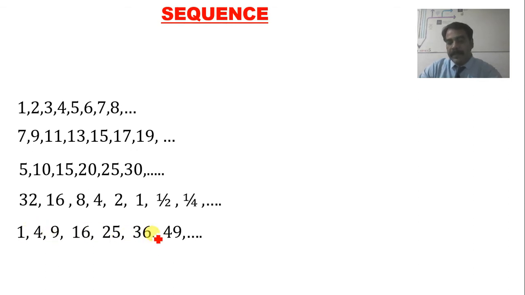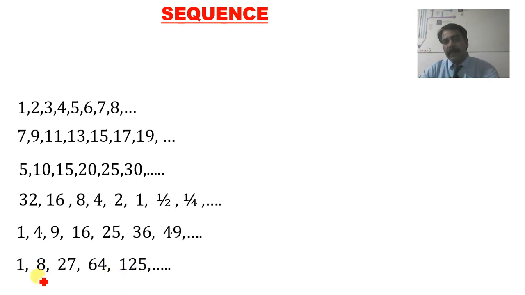of natural numbers. Similarly, if I take one more example, I can see that 1, 8, 27. Can you identify the pattern in them? Yes, they all are perfect cubes of the natural numbers. 1 cube is 1, 2 cube is 8, 3 cube is 27, 4 cube is 64, 5 cube is 125 and so on. So all these numbers have some pattern hidden in them, and that is why they all are examples of sequence. We can say that they all are sequences.